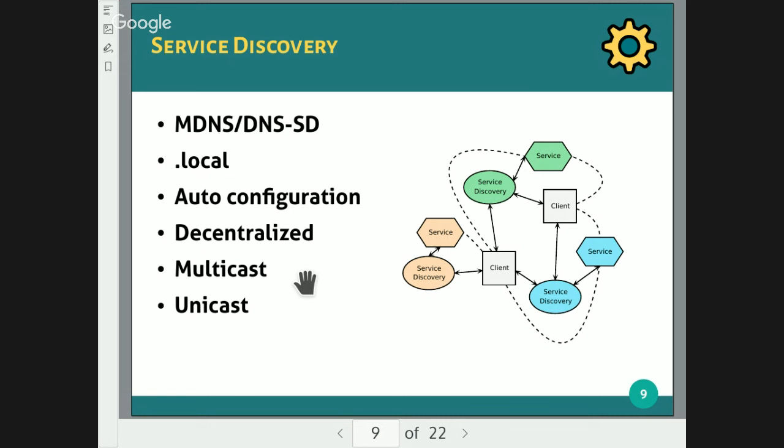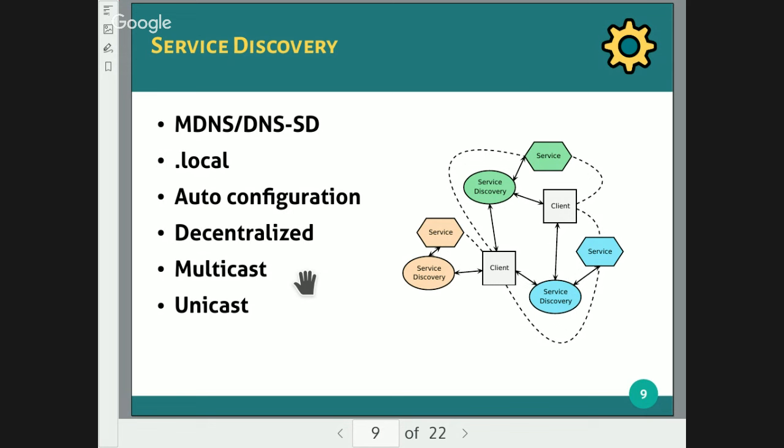And another nice thing is it works with multicast, but also with normal unicast DNS. So you can specify an IP address, send the request to this IP address, and you will get back normal DNS responses.